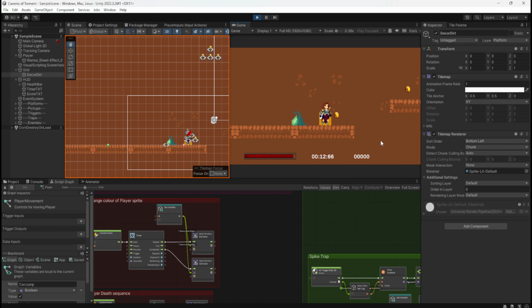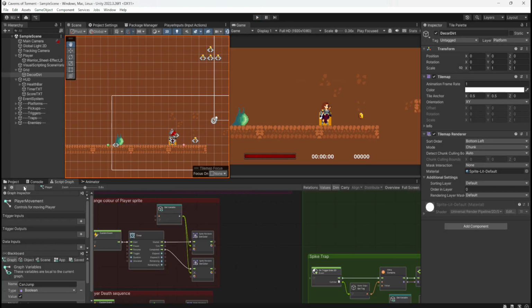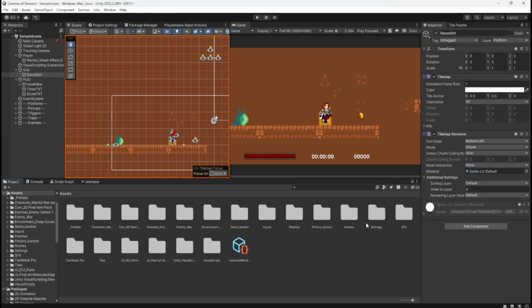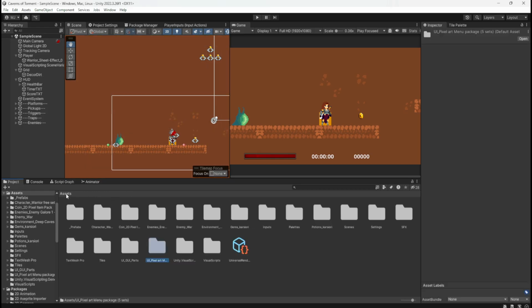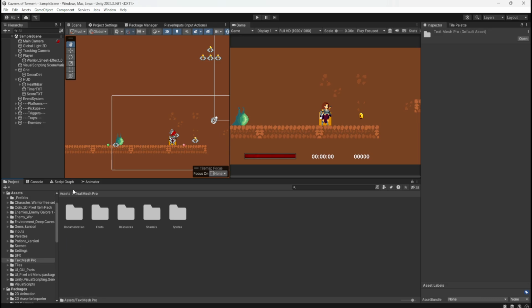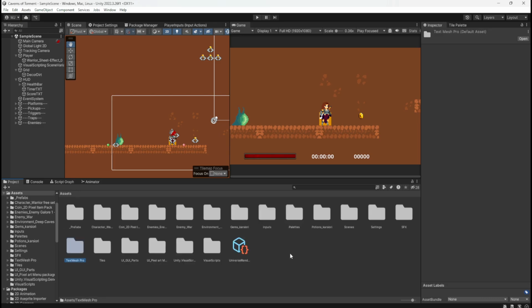The next thing I need to figure out is the fonts, because I actually do have a font. I don't know where it is. Pixel art menu, not that one. I had a font and it was being a bit of a bastard, to be honest.